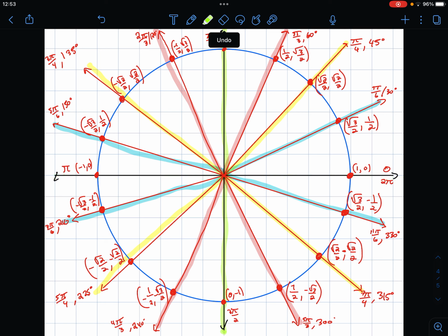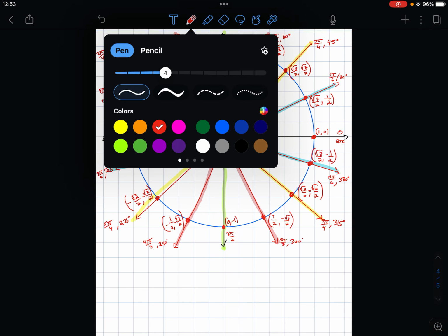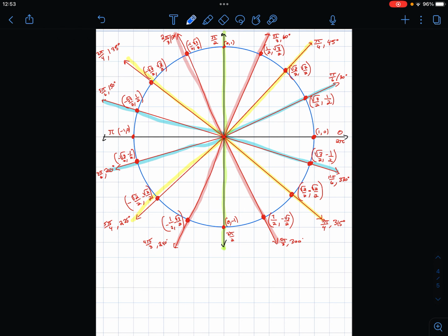And so this is basically our reference, and you can come up with these all by hand without a calculator by using special right triangles. Recall, this is just special right triangles, right? There are still infinite points on the unit circle. Okay, there's still infinite points on there. But these are the ones you would be able to find without a calculator, and that you're responsible for knowing